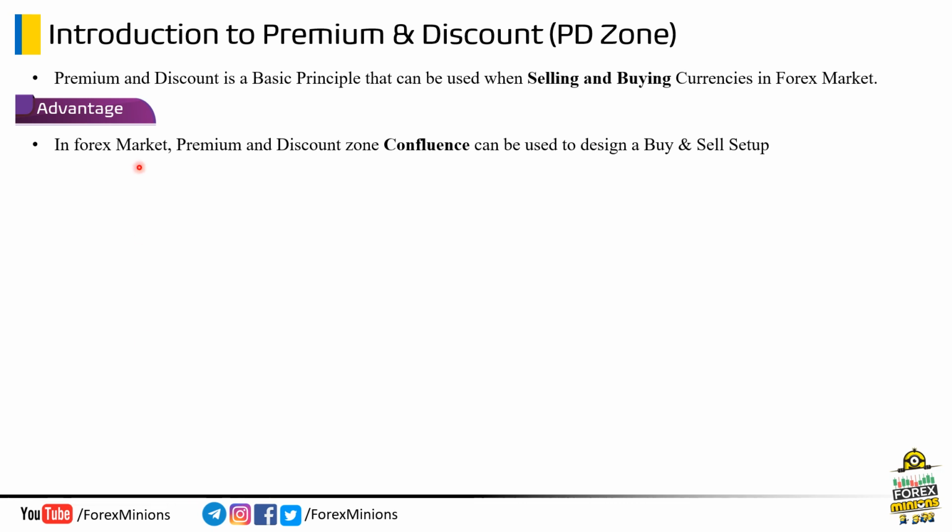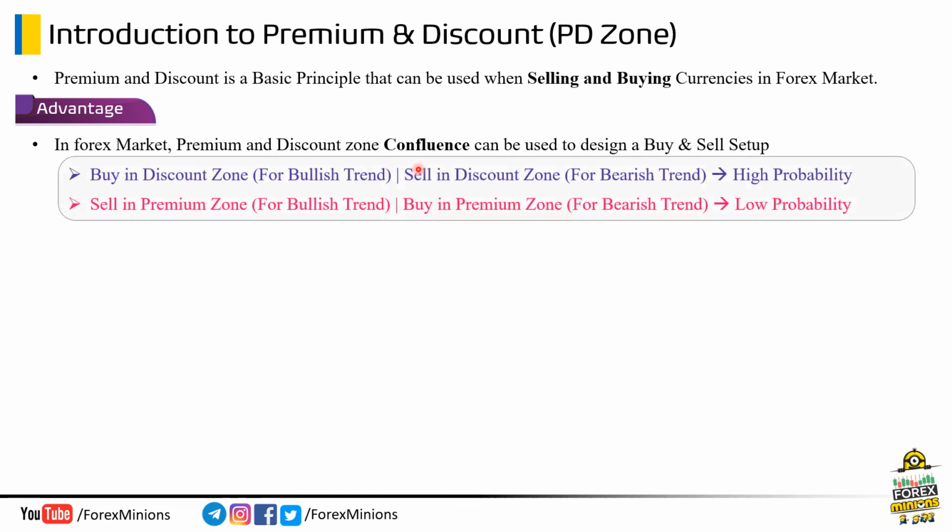Well, in the Forex market, we can use premium and discount zones as a confluence to design a buy and sell setup. Remember, we will use PD zones as a confluence, not as a confirmation. But still this can give you a great opportunity to design a good trading setup. In a bullish trend, we will look to buy in the discount zone and sell in the premium zone. Similarly, we will sell in the discount zone and buy in the premium zone for a bearish trend. Remember, any trading setup designed in the discount zone will be a high probability setup,